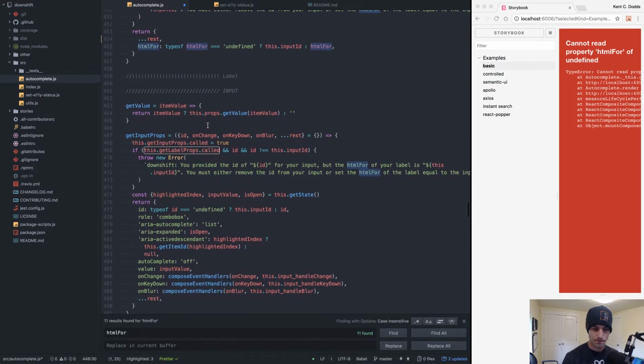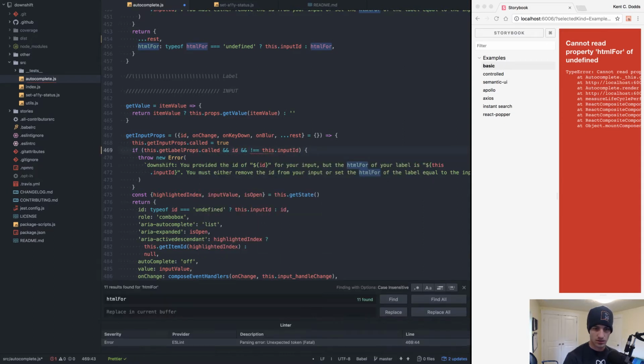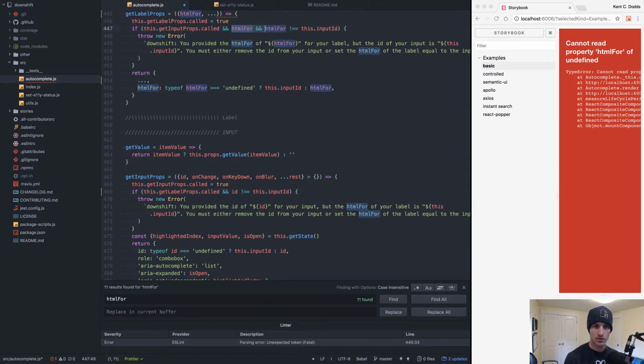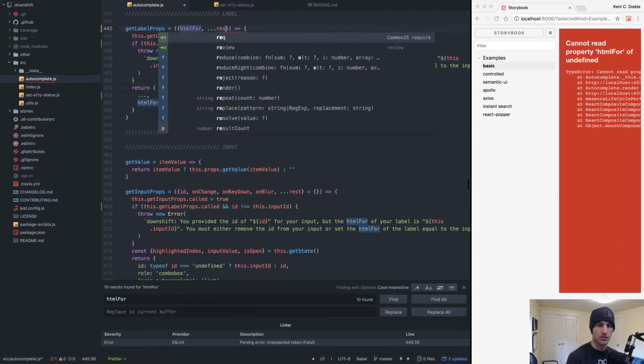Well, yeah, we basically need to keep the same logic, except we need to assign the input ID to the ID that we're given. Okay, so here let's. Oh wait, hold on a second. No, that wasn't a double ID thing, but we can get rid of this. Okay, and we can get rid of this, and